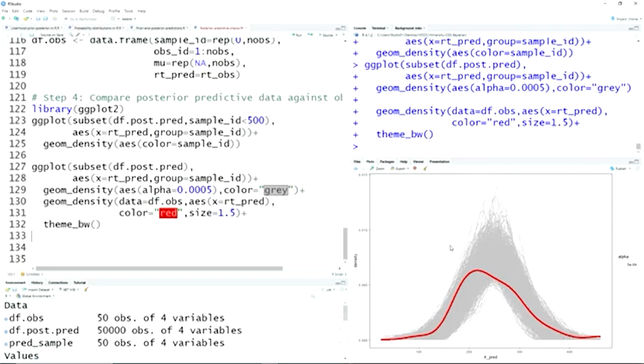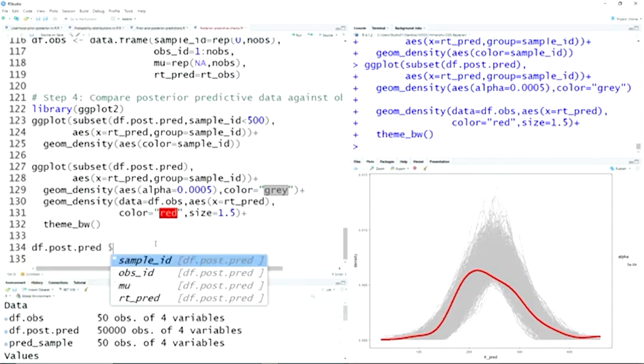Okay, so for fewer data points, it's not very clear what is exactly happening, but you can still see that the observed data in the shape of this distribution looks very different from the posterior predictive data, which is predicted by the model, right? So there is one more thing that you can do, which is that you can compare summary statistics of posterior predictive sample and summary statistic of observed data, right? How? So let's say this was